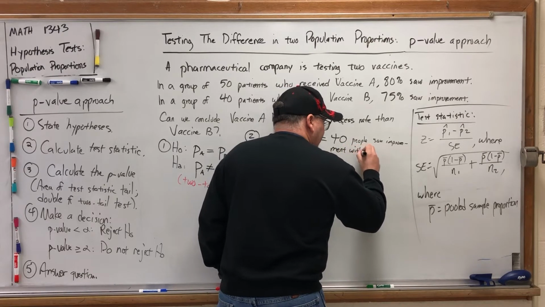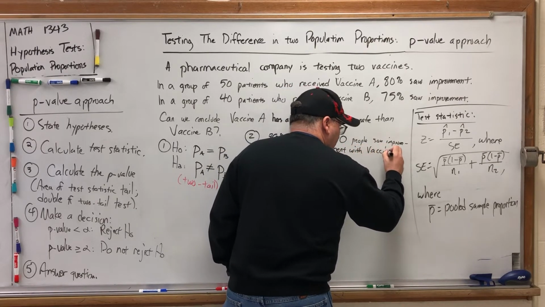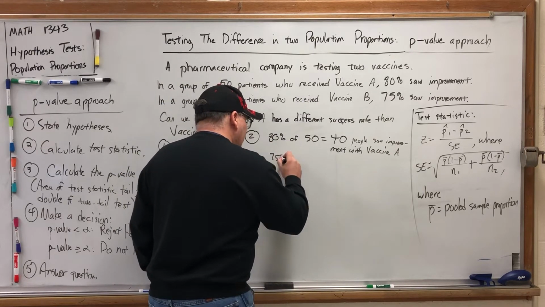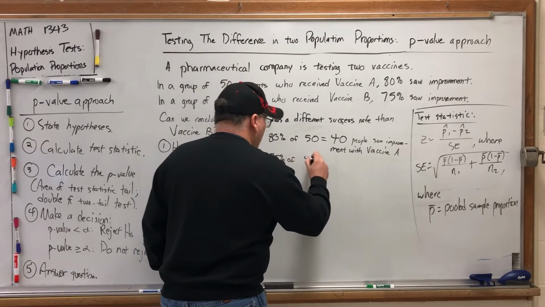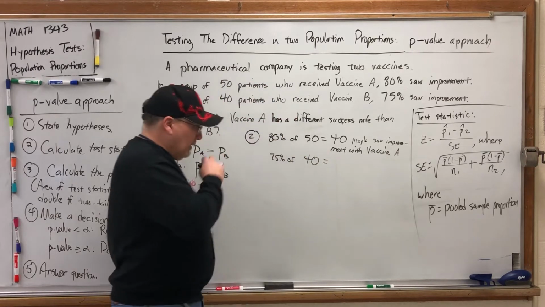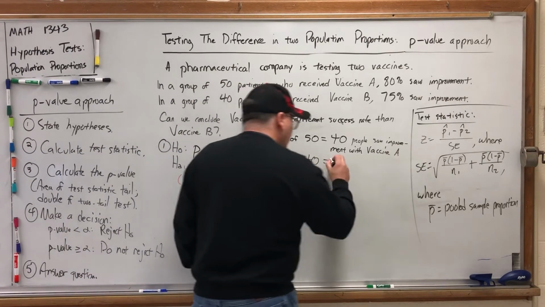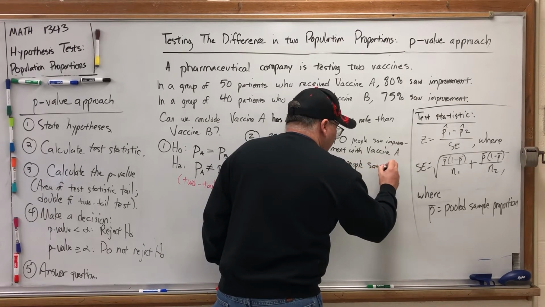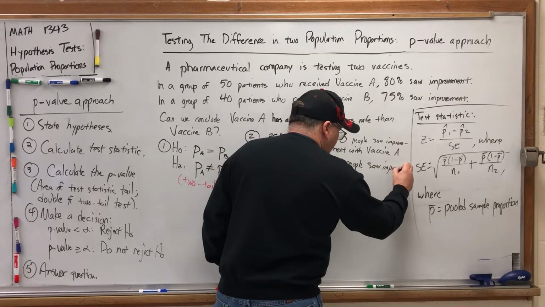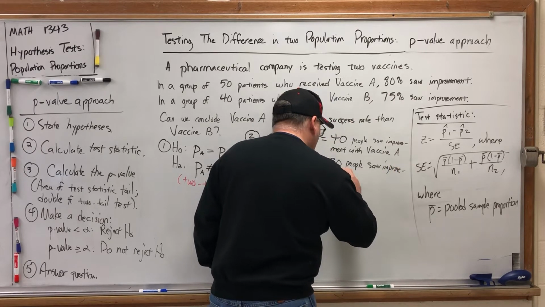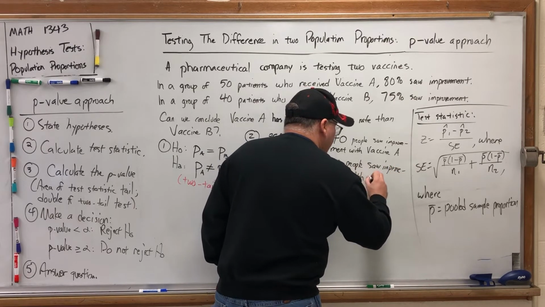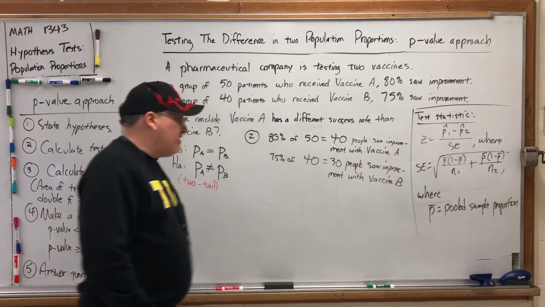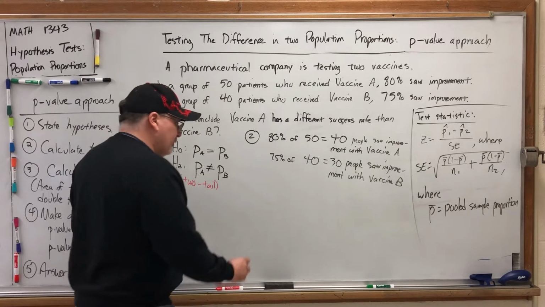With vaccine A. And similarly, 75% of 40, which is 30. 30 people saw improvement with vaccine B. And again, we need to know those specific numbers because we need them to calculate the pooled